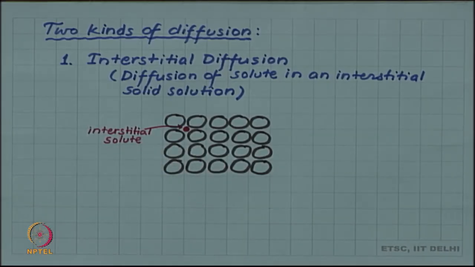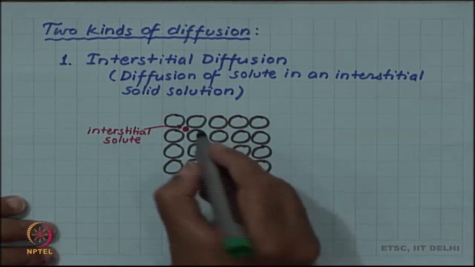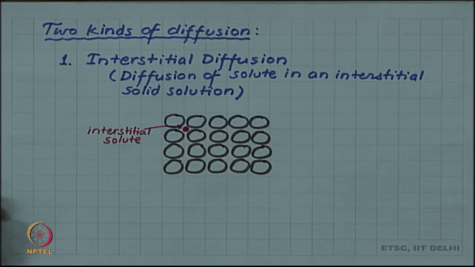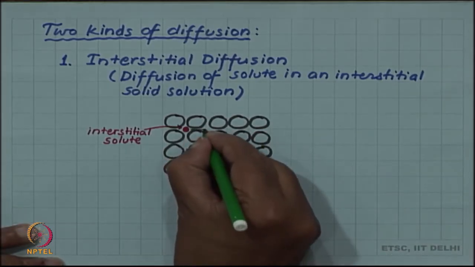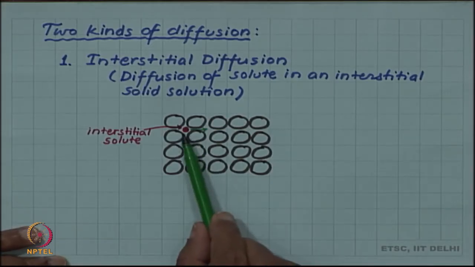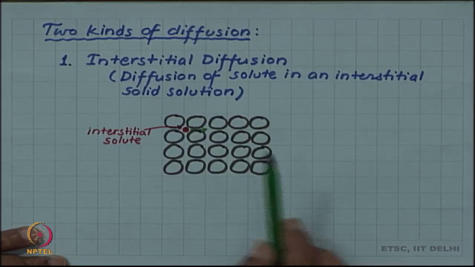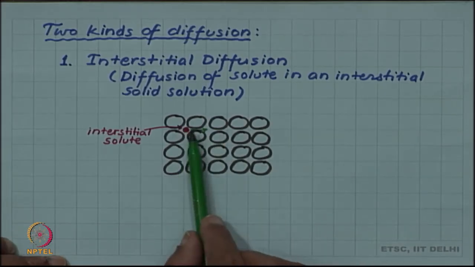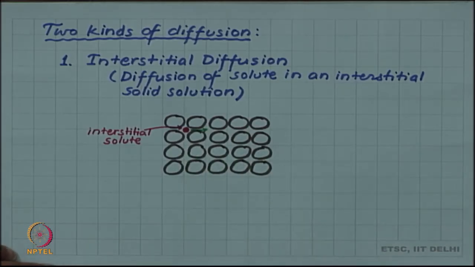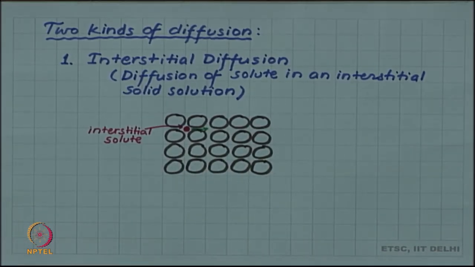Now, this interstitial solute can jump from one interstitial site to another nearby vacant site. So, it can jump from this site to this site. So, that will create a movement of the atom and will of course gradually change the concentrations of atoms as several of these atoms move. So, interstitial diffusion happens